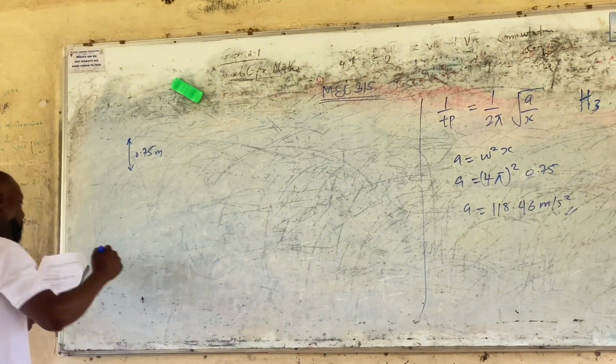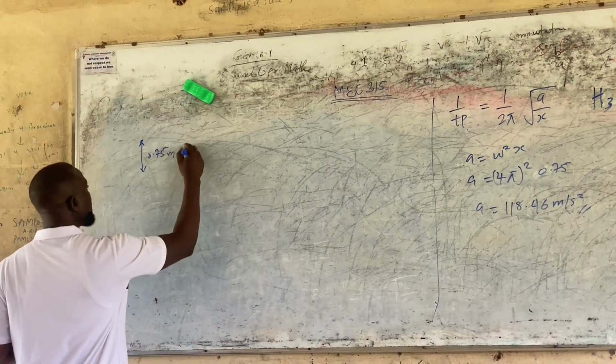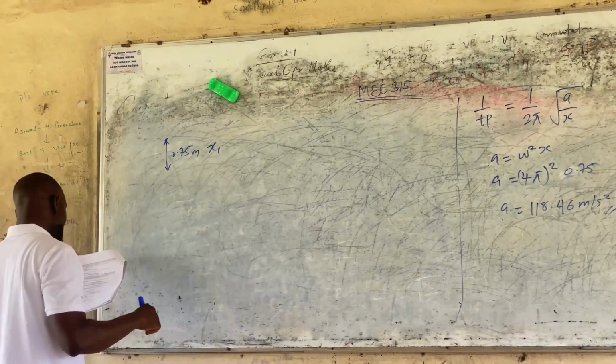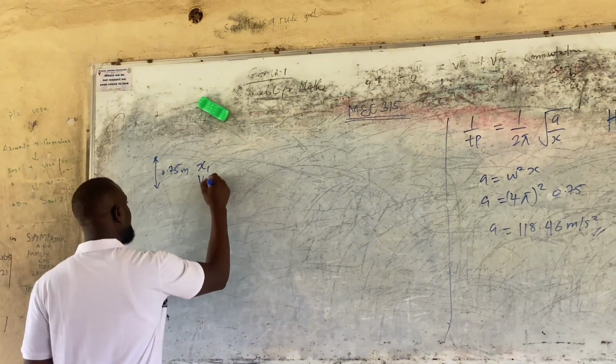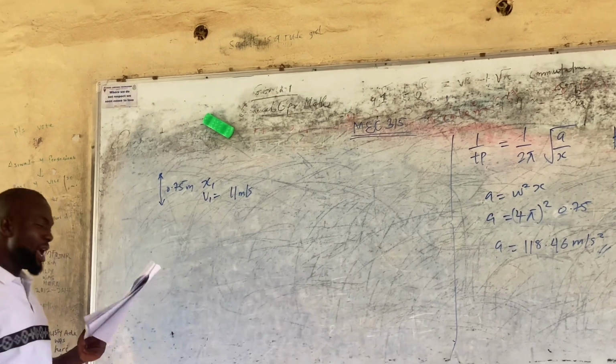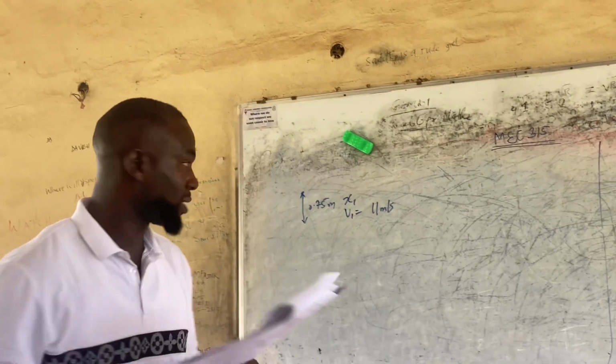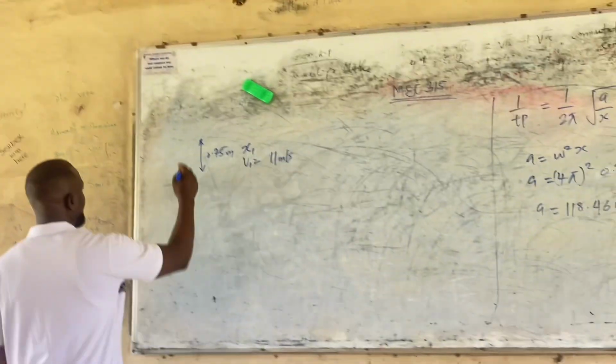Let's call this x1. At x1, the velocity v1 is 11 meters per second. And when it is 2 meters from the center of its path,